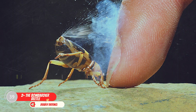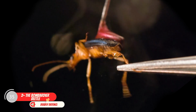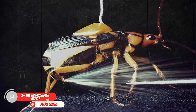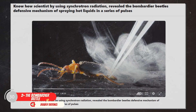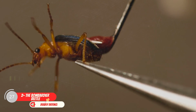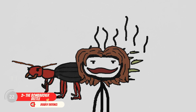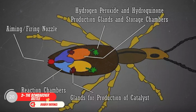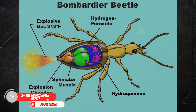In a move that would make any predator think twice, they eject a scalding chemical spray, as if saying, "Back off, buddy." This isn't just any spray. We're talking about a whopping 100 degrees Celsius boiling hot, noxious concoction, a result of the chemical tango between hydroquinone and hydrogen peroxide. The beetle mixes the two chemicals, stored in a protective chamber in their hindquarters, causing a rapid